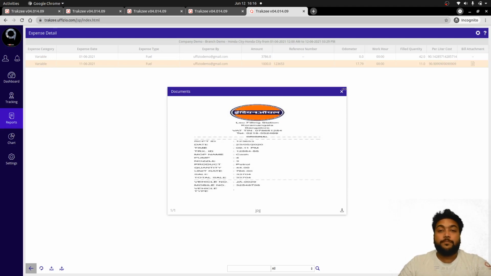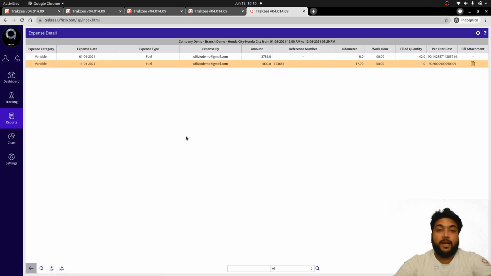So based on this, the expense can be added into the software, and we can also monitor the expenditures of the expense with the analytics reports of the expense.